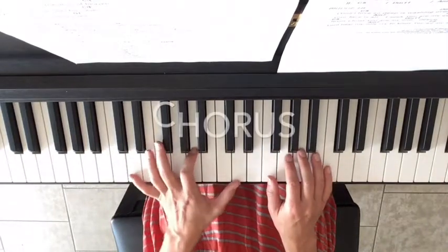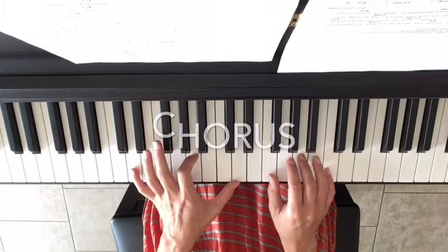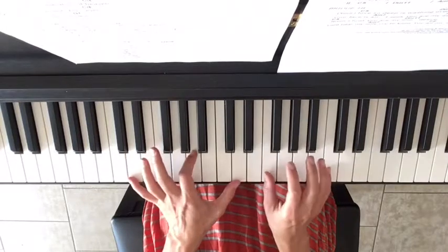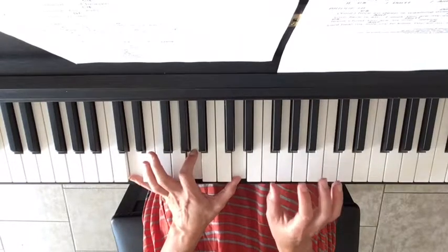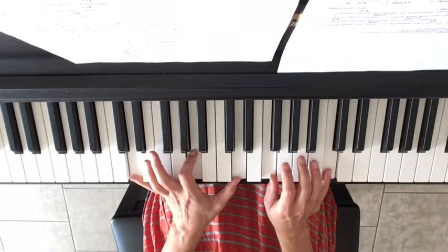For the chorus, we're going to do the same sort of pattern, timing-wise, but here's our D. So a D minor 7 is D, F, A, C. We're not going to hit the F in the bass. We'll hit the octave with the 5th like we've been doing, and a 5th on top, the F and C, to get that 7th in there. So it goes